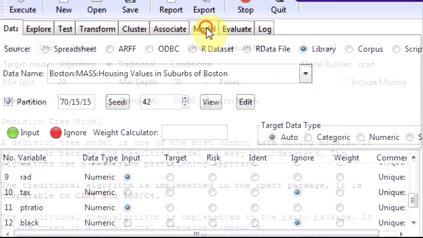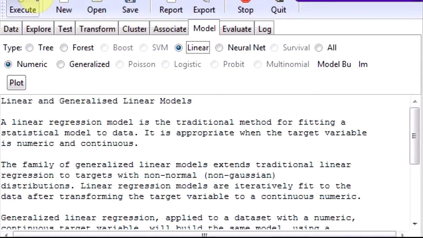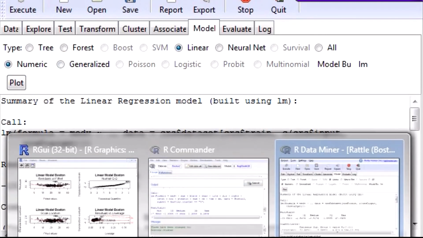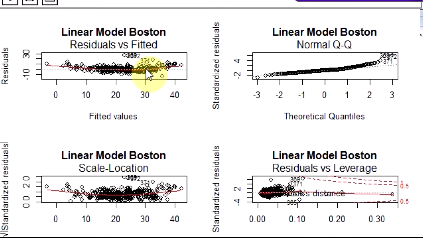Now, linear model, look at the plots. The plots are generated here. These are residuals. What are residuals? The difference from error, the predicted versus actual. And you can see some of them are outliers. Some outliers are also there, so you can remove them.